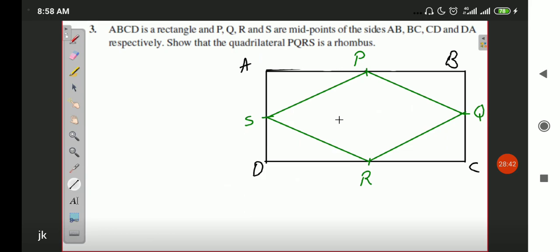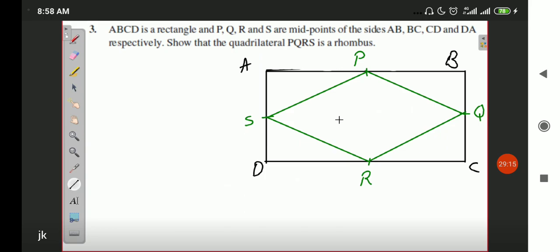Secondly, diagonals of a rhombus bisect each other at right angles, but in a parallelogram diagonals only bisect each other. And the third one is that angles of the rhombus are bisected by its diagonals. Angles of a rhombus as well as of a square are bisected by its diagonals. That is not the case for a rectangle and a parallelogram. If we could prove any one of these three things, we will prove that this parallelogram is a rhombus.